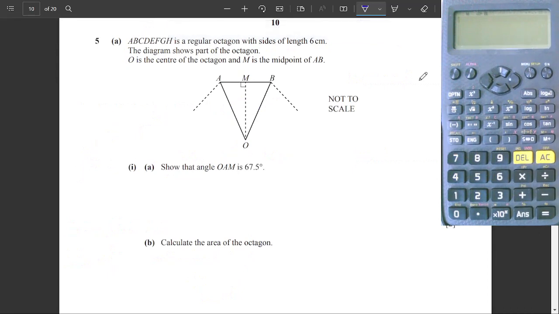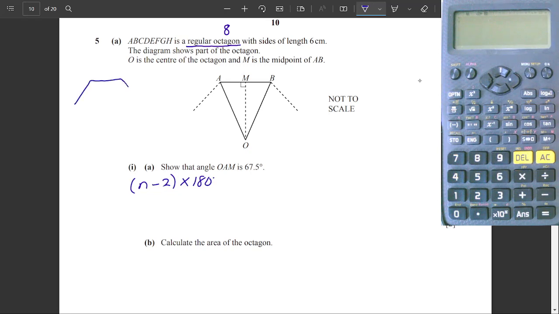Question 5a. ABCDEFGH is a regular octagon. So what do we know about a regular octagon? First of all, we know, of course, an octagon has got 8 sides. We can work out the angles in a regular octagon by using the formula number of sides minus 2, times 180. If you forget why that is the formula,